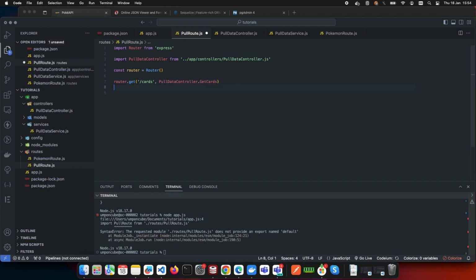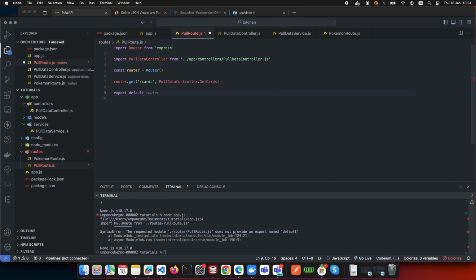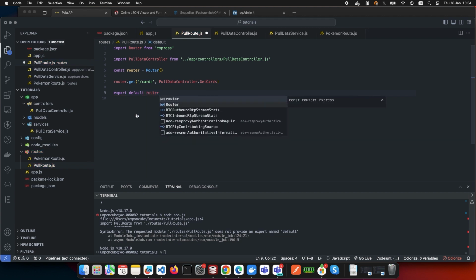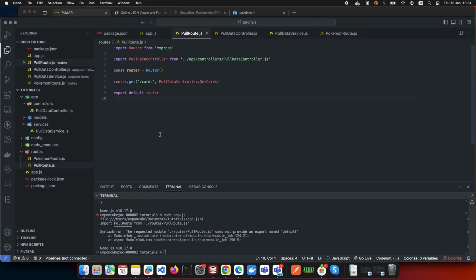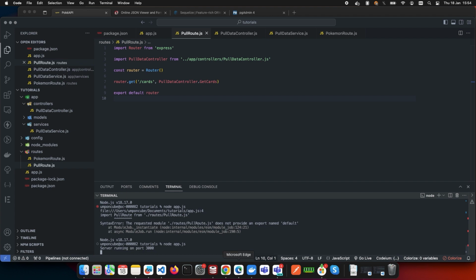It's expecting this to be a module, but we didn't provide an export. So we need to export our router. Just like this. If we do it like this, then let's try again and see if there's something that, okay,